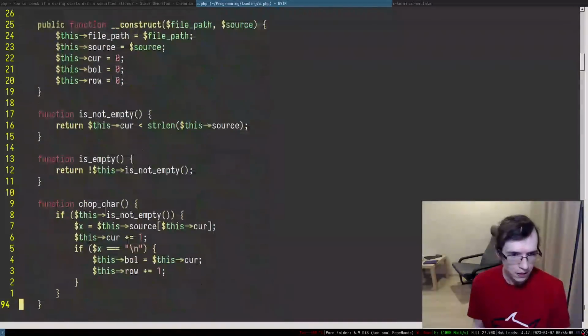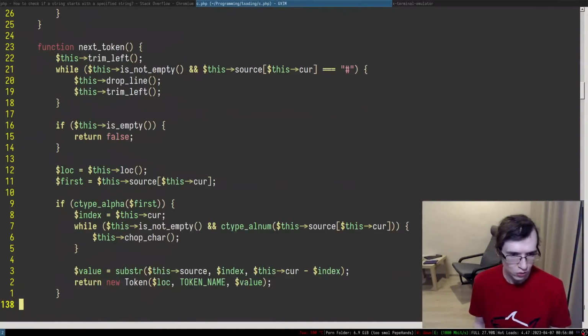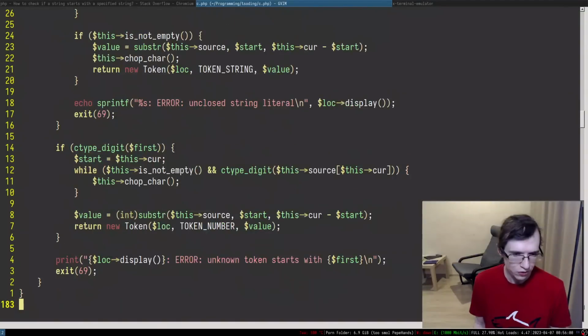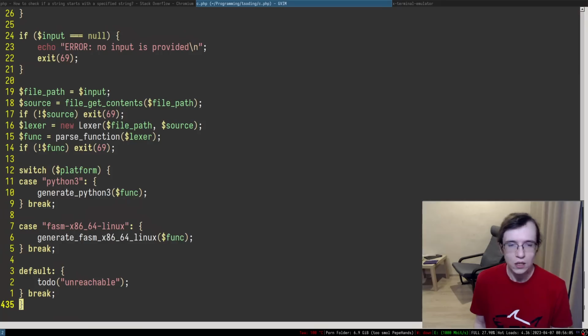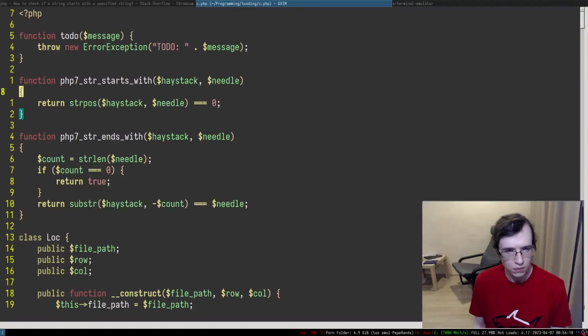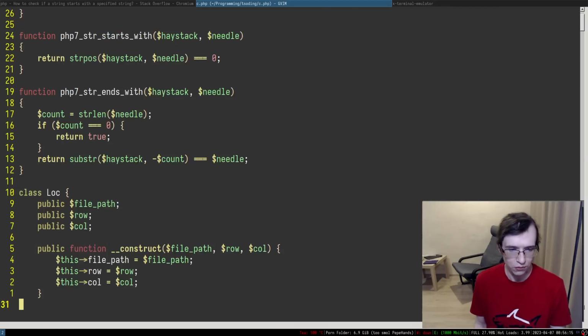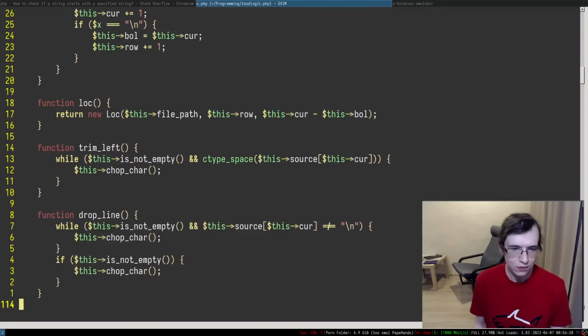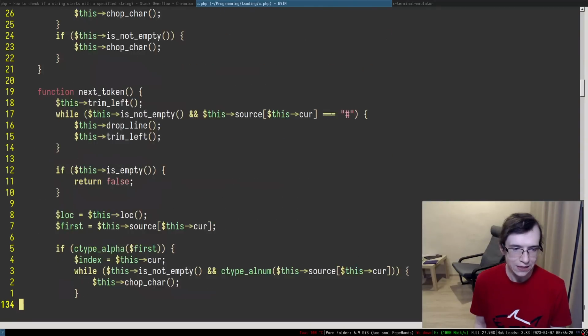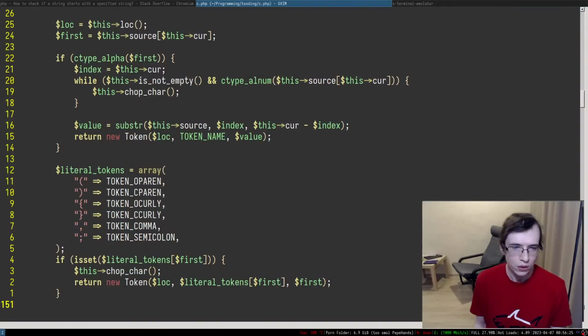Anyway, so what do we got? We have starts with. Now I should be able to check for something. Though, you know what? I still need to do the slicing stuff. I need to find the code that slices things. Substr, that's how we slice things.